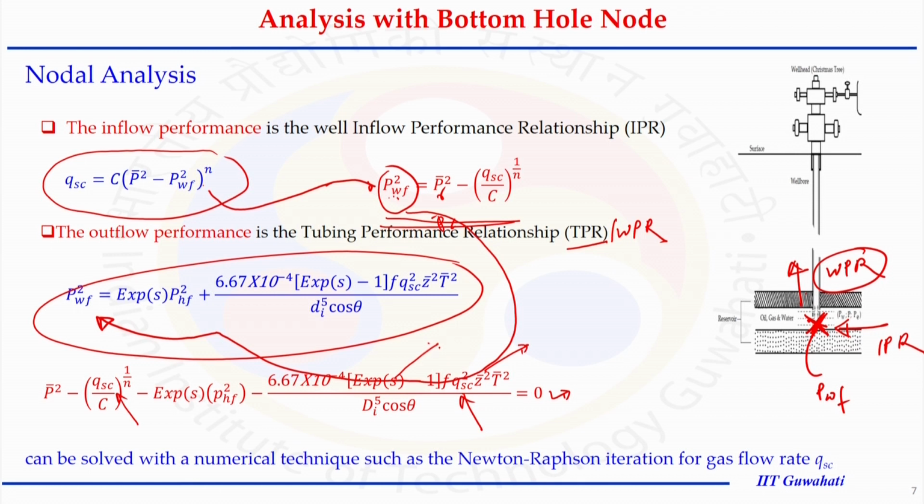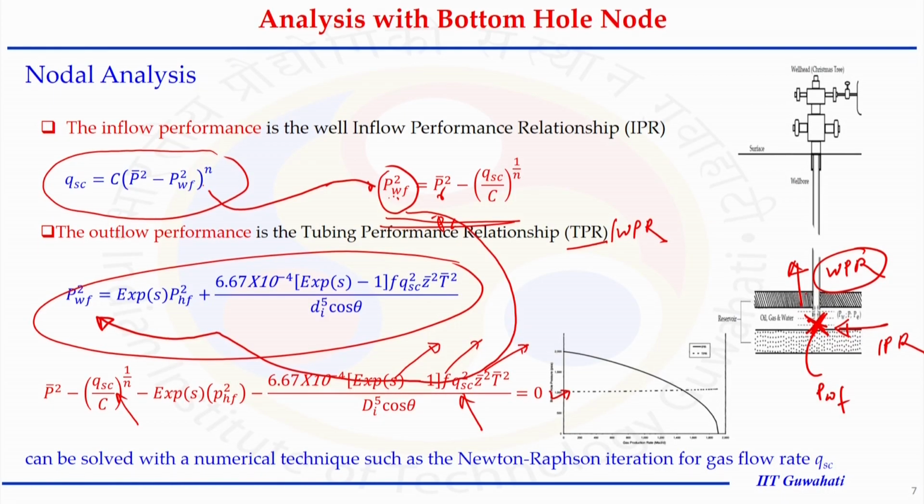Other than that, the S that represents some term in the WPR equation also accounts for flow rate as well as gamma g. The F, the friction factor that depends on the Reynolds number, depends on the flow rate. So it is an equation that needs some numerical iteration that can be done with the help of the Newton-Raphson method, but if we can do that, yes, we can calculate the flow rate. And once the flow rate is known, either the IPR or WPR can be used to calculate the PWF at that particular node.